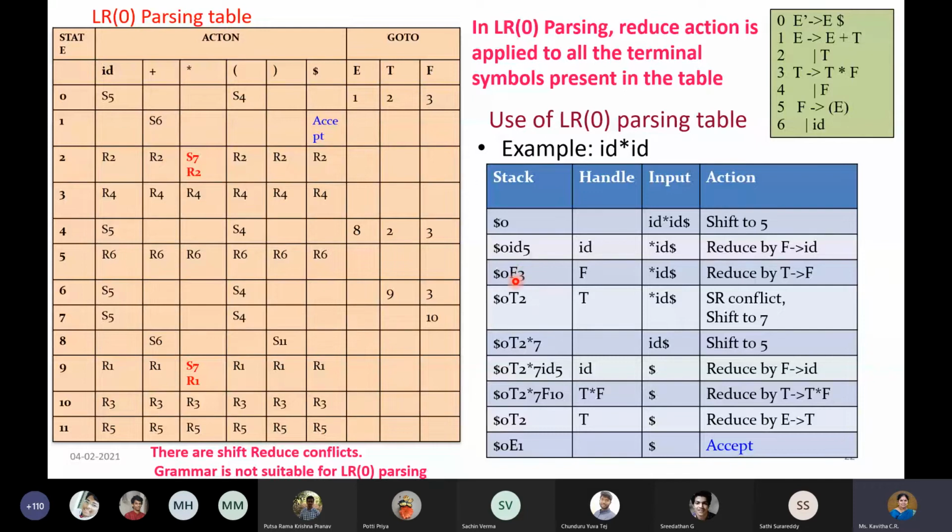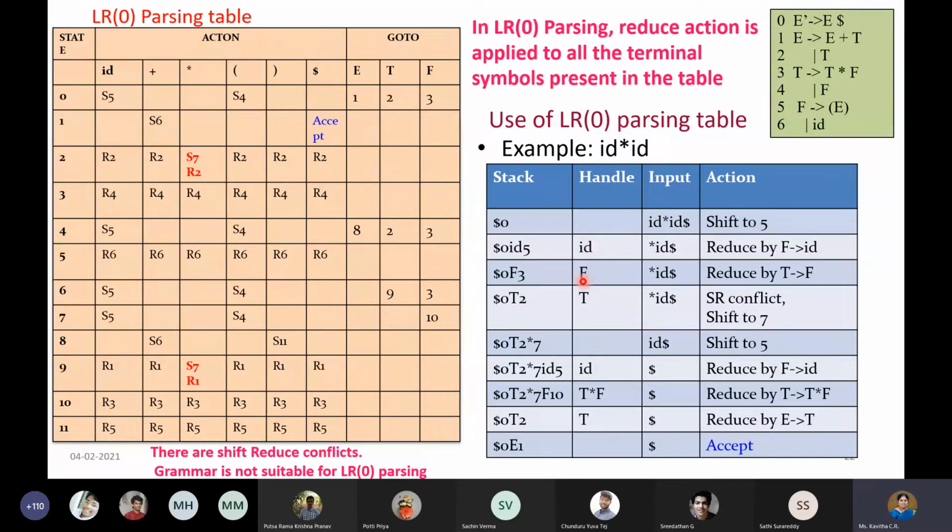So now we got this. Without getting this, you will not be able to continue your parsing actually. Okay, now we have got this. So we are at state 3 now. This is the current state, because always the top of the stack will have the current state. So at 3, now we are pointing on star. At 3 on star, what are we doing? We are performing a reduce action, which is nothing but R4. R4 is what? T gives F. So reduce by T gives F.